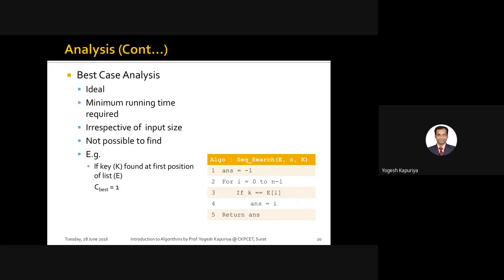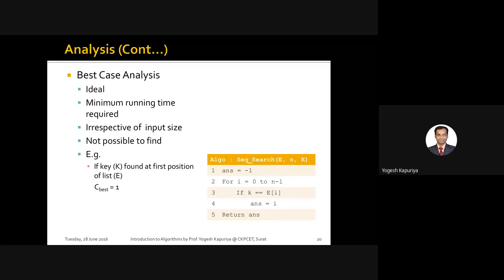Consider another algorithm. Let's say you are sorting numbers using any sorting technique, and you are getting already sorted numbers as an input. You want to sort the numbers like 2, 3, 4, 8, 10 in ascending order, but actually 2, 3, 4, 8 and 10 are already sorted. So that is the best case.